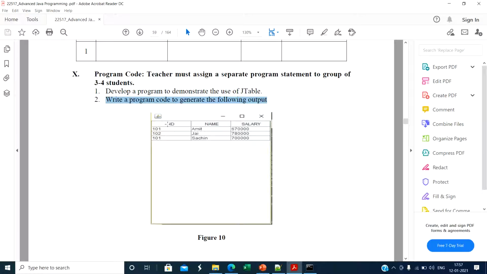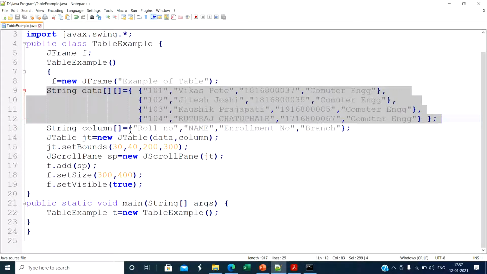For the column heads we create one 1-dimensional array. The first title is roll number, second is name of student, third is enrollment number, and fourth is branch. So here we create the 1-dimensional array and give some titles.